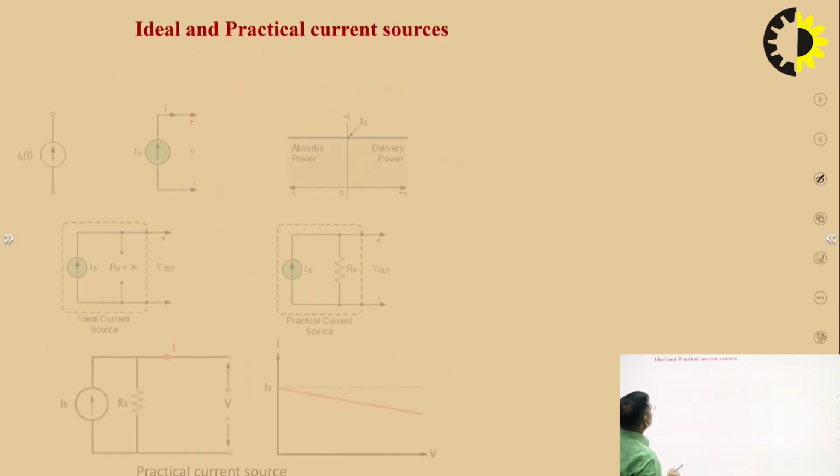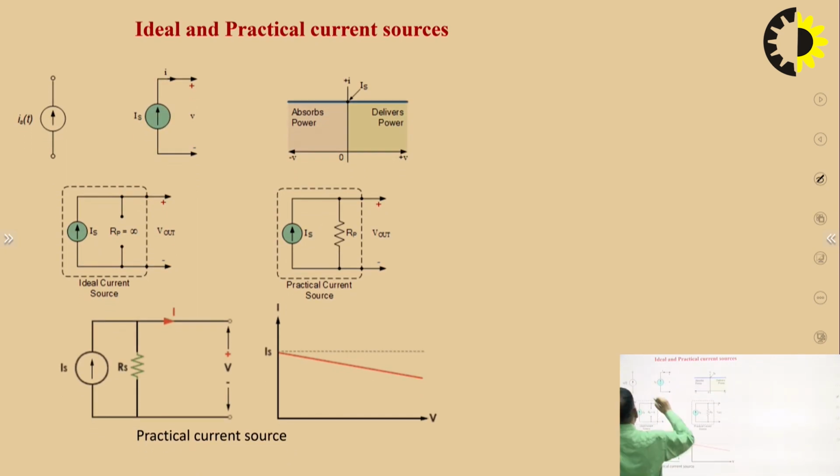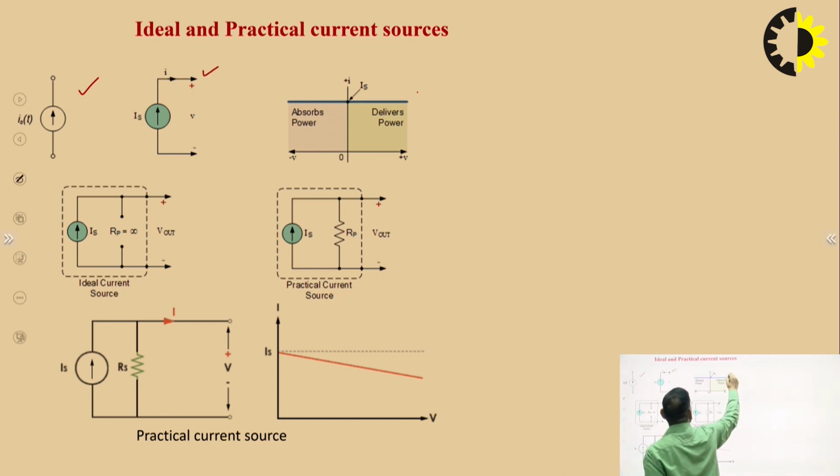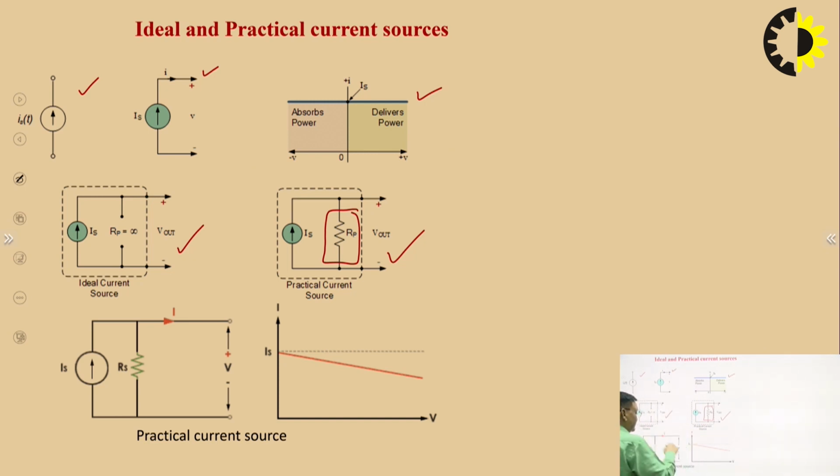Then come to ideal and practical current sources. These are the symbols of current sources. This is the ideal current source. This is the practical current source. The ideal current source has infinite internal impedance, whereas the practical current source has some internal impedance, and these are the characteristics of ideal and practical